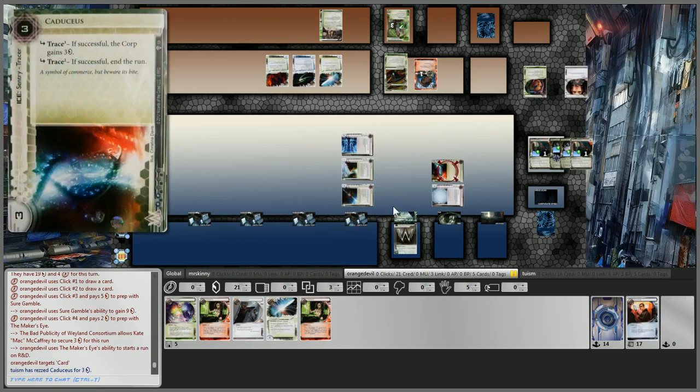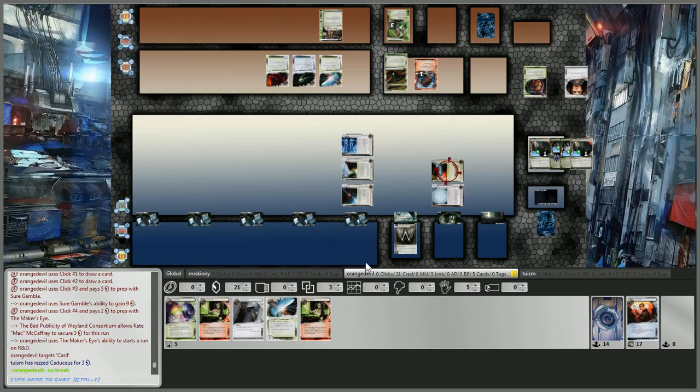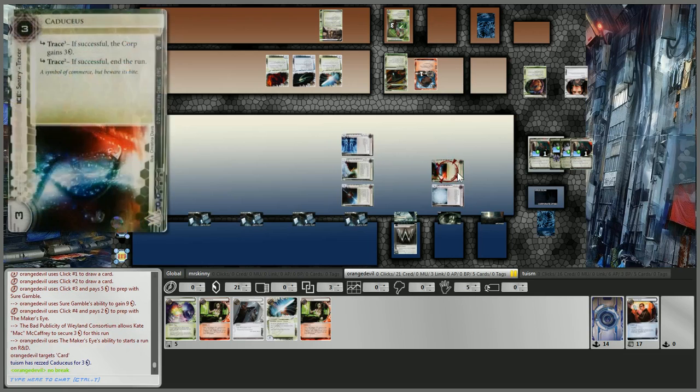But meanwhile, Orange is just going to pressure R&D while he waits for something to show up in the remote, I'm guessing. So Orange doesn't break. He takes the traces. Why not? He's got 2 link, and he has more credits than the runner. So